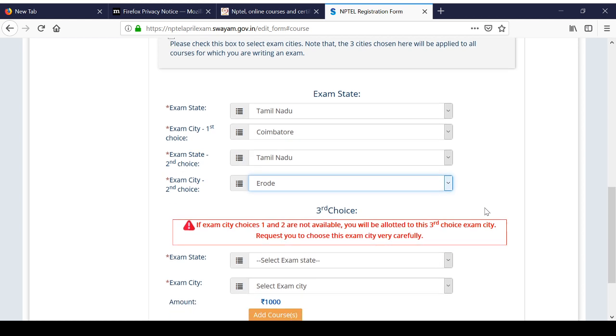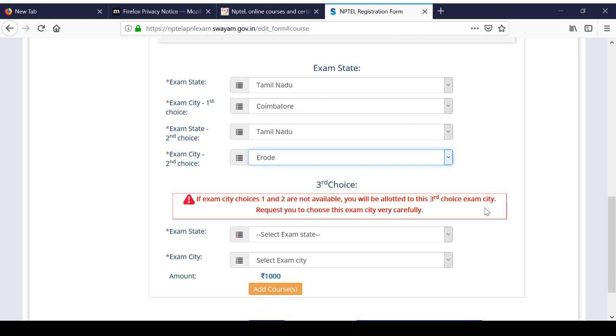Okay. Now third choice, we are also given the option to select the third choice. Why choice 3 also? Because if for some reason, on the exam date the seats are not available either in my first city exam choice, that is Coimbatore, or second choice Erode, then I will be allocated to my third choice. Now third choice cities, what happens is, let us go ahead and select the state